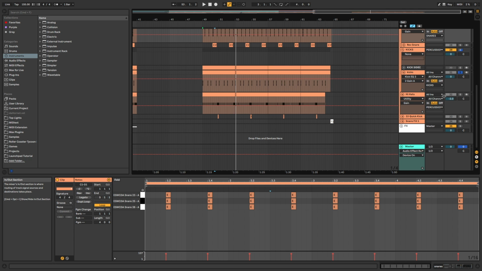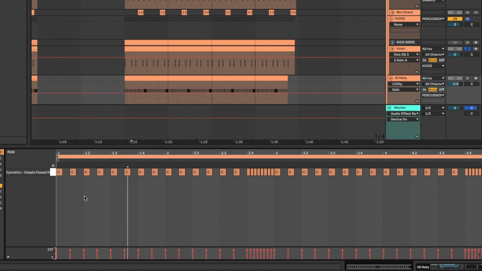Going along with this, I also added in a layer of hi-hats. These hit at a fairly consistent rhythm, except for at the end of every bar, and they hit pretty fast. They're pretty snappy. So altogether, on top of my kicks, on top of my snares,